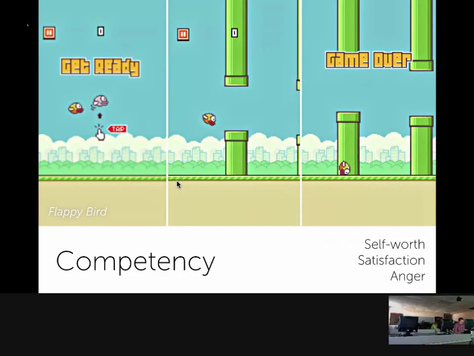There's no, you never beat it. You just beat your own score and you're really playing against yourself, right? So another really famous competency game is Tetris. Tetris just gets faster and faster and there's no end, and people have spent hours and hours and hours